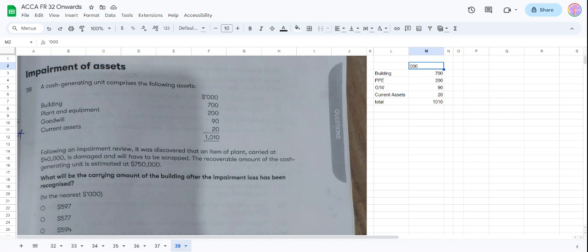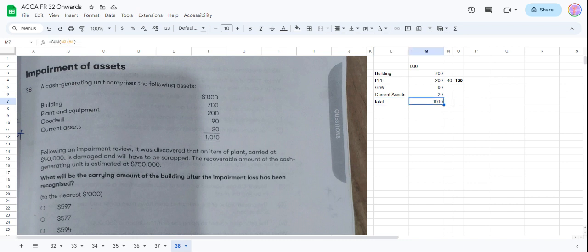38. A cash generating unit comprises the following assets: building, plant and equipment, goodwill, and current assets, and the total is 1010. Following an impairment review, it was discovered that an item of plant carried at 40,000 is damaged and will have to be scrapped. So minus 40, we will have this 160 here. So we can just do 40 and then do it this way. So the plant is left with 160,